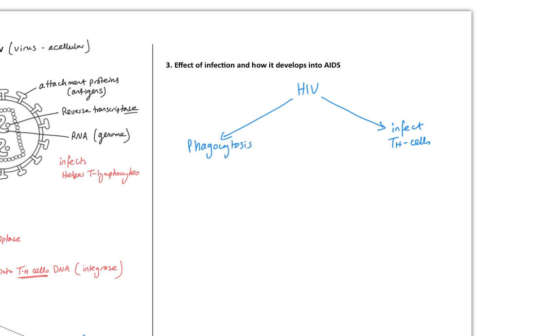Phagocytosis might take place. A phagocyte will bump into it, see you're foreign, and attack. Then we can go through this entire immune response. Then we get antigen presenting cells, APCs. Then we do something called clonal selection,